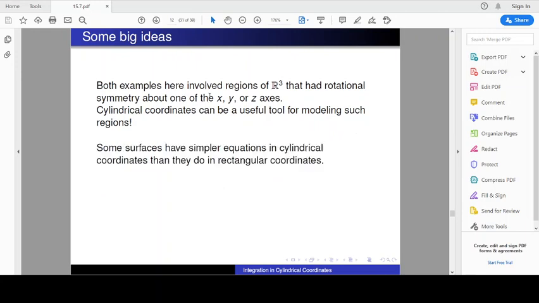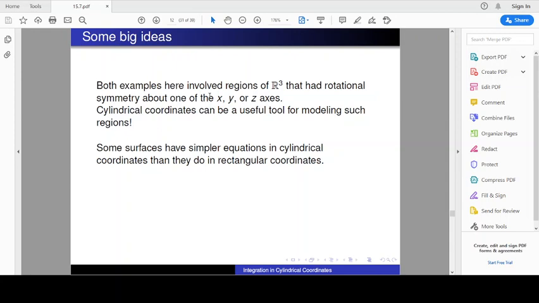So then we also saw some surfaces in this section having some nice equations in cylindrical coordinates. So we might sit back for a second and just think about some of our favorite surfaces and how we might model them in cylindrical coordinates. Because we're going to get even more coordinates to think about in the next lecture, and they're going to be super important, but it's going to be easy for us to get lost in the mix. So I think it'd be nice to stop and breathe and record what some of our